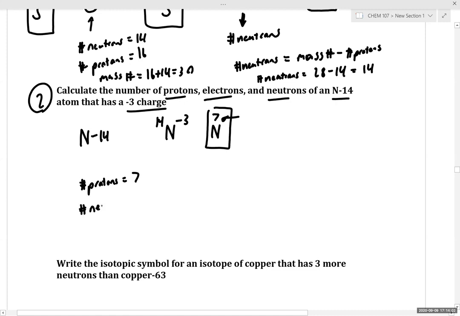We also know that our number of neutrons is equal to our mass number minus the number of protons. And what is our mass number in this case? 14. So we have 14 minus 7. That gives us 7 neutrons. And then for our number of electrons,